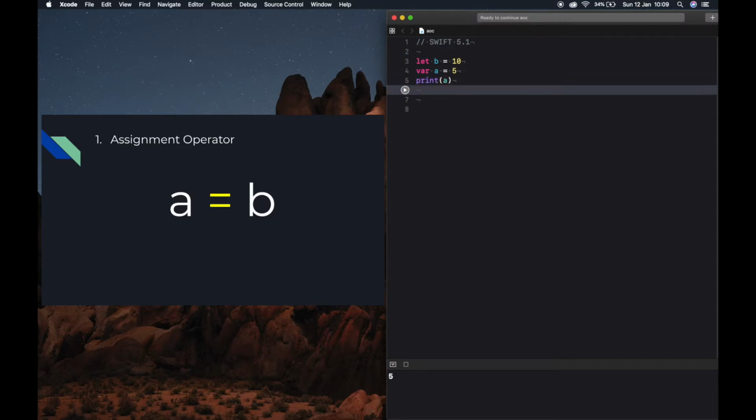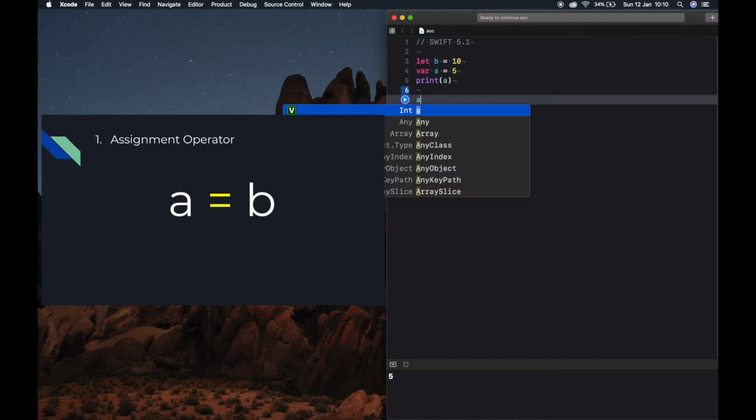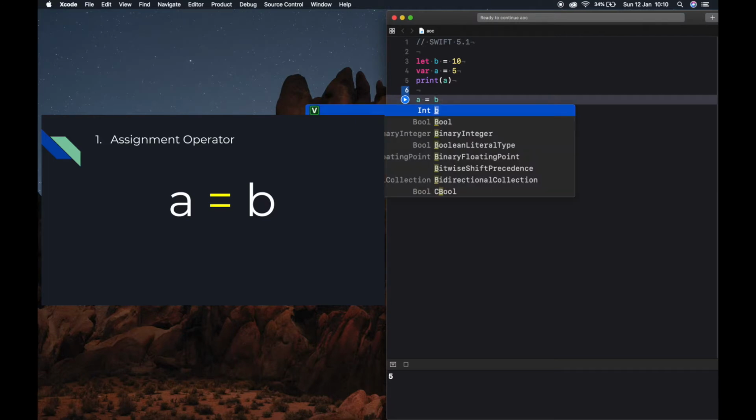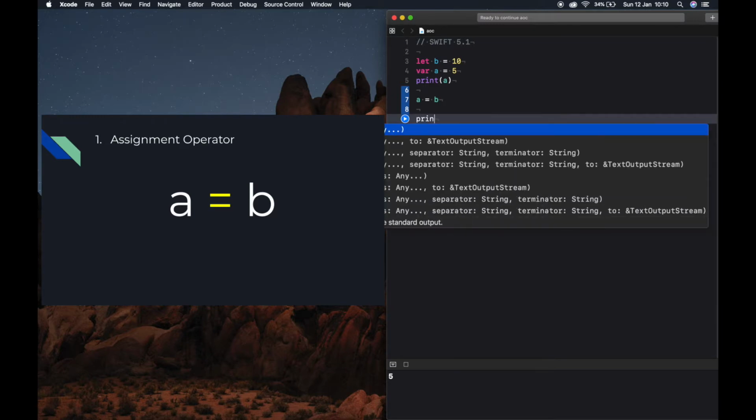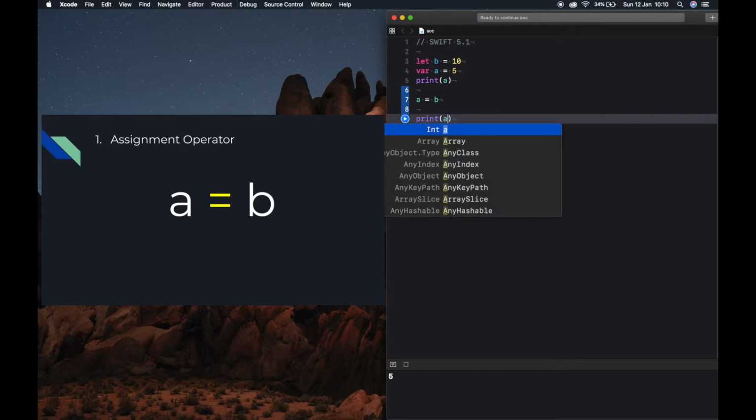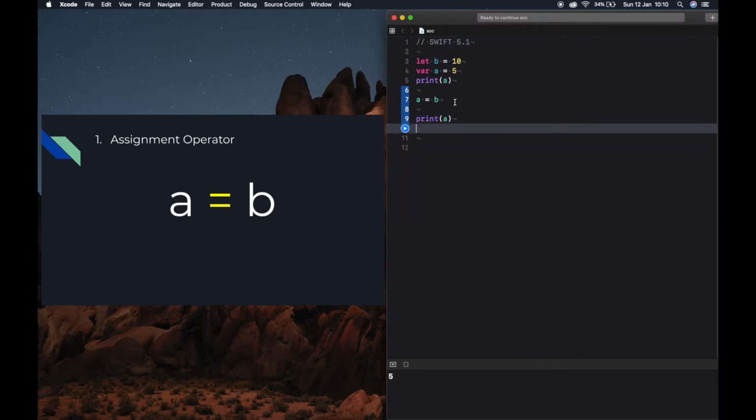Next we are going to change the value of A with the value of B. For this we are going to use the assignment operator: A is equal to B. Okay, now the value of A is changed to the value of B. See this, now the value of A is 10. This is called the assignment operator.